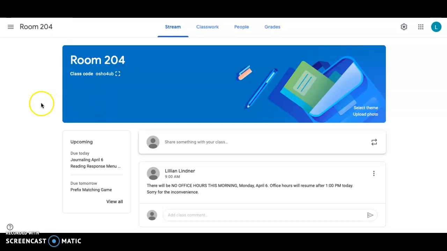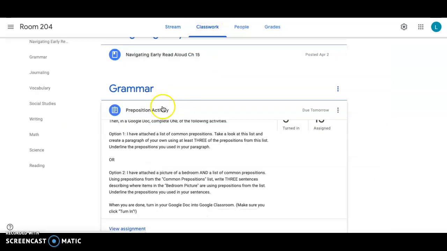This is your main home screen when you open up the class, with the stream here. I've disabled the assignments from showing up in the stream, so the only thing that you will see there are important announcements. On the left over here, you have what's coming up, so whatever is due today and whatever is due tomorrow. Then if you come up to classwork at the top and click on that, it'll show you